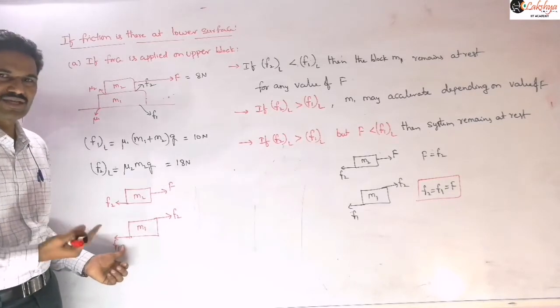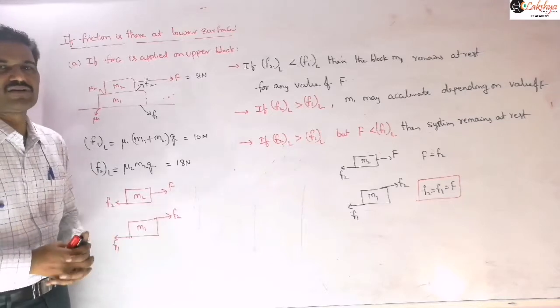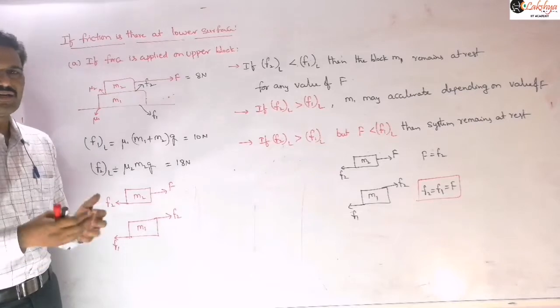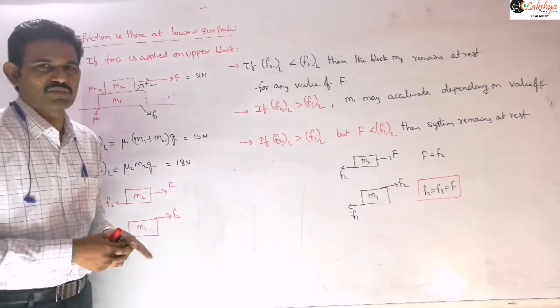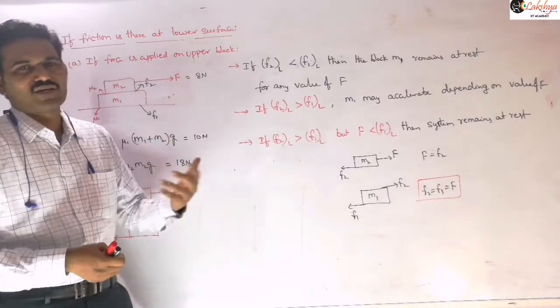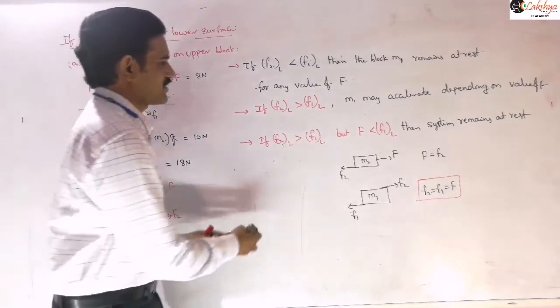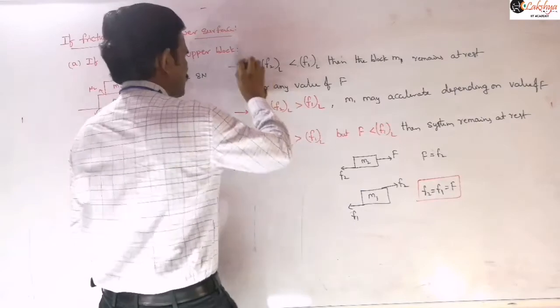or kinetic friction if a different mu k value is given. Here the friction is kinetic, which is equal to the limiting friction. But you can't take the limiting friction always, right? So you need to verify whether that frictional force is possible or not, that means whether common acceleration is possible or not. After that you may conclude that point here, right? So now in this case you may mention that point here. I will rub this and mention here.